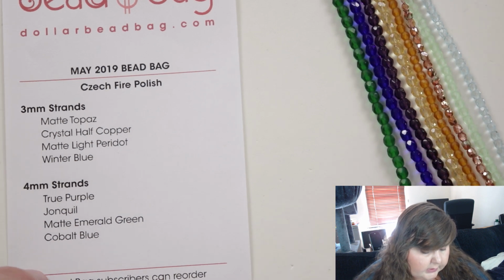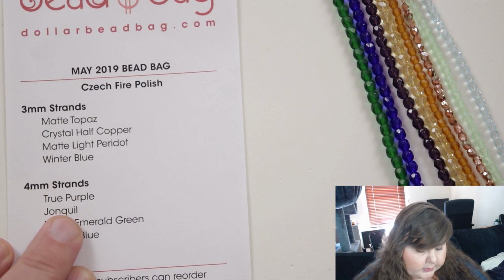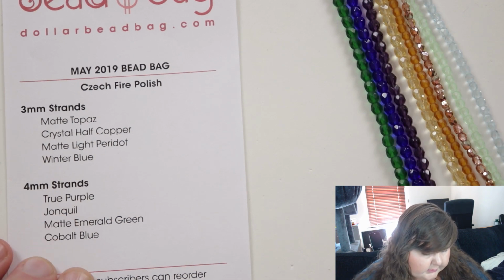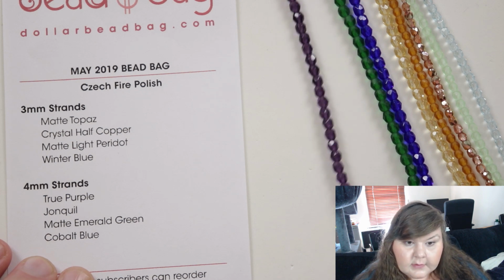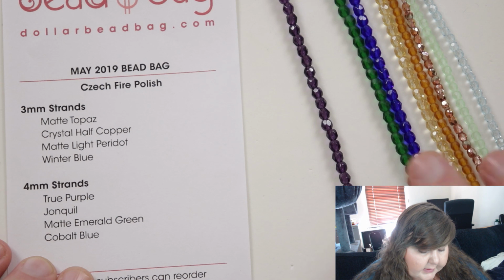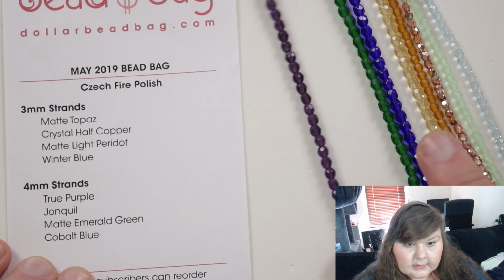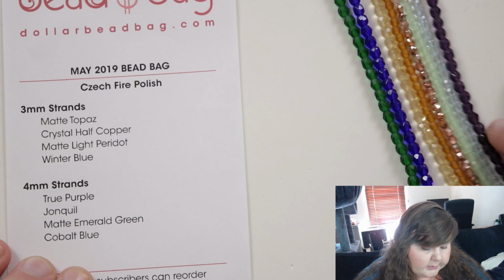Then we get to the 4mm ones. We have the first one called True Purple. I'm guessing that's got to be the purple one here. It's fairly dark purple, I would say. And they're all faceted as well, so they do have a nice little sparkle when you move them. Obviously purple is a favourite colour of mine, but...